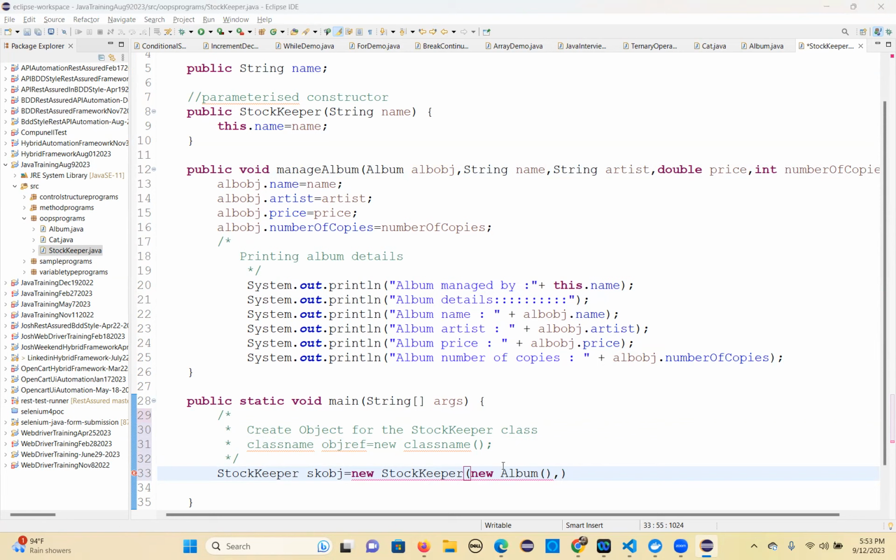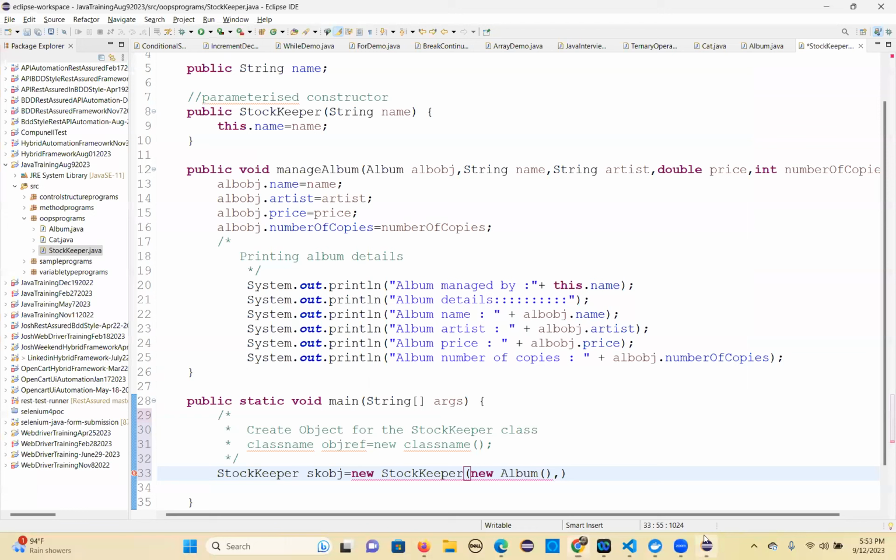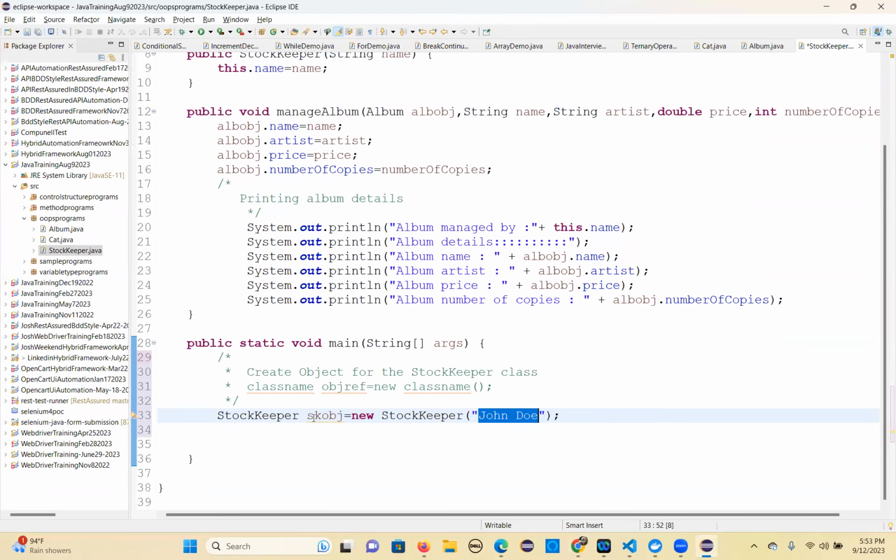So the name, I'm going to give the album name. Okay, I need to give this here, because it is a parameterized constructor, right? Not here. Sorry, this one is a parameterized constructor. So while calling the method, you have to give all the variable values. So now I'm giving this value, okay? This is the string, this one. Now when you call the method,